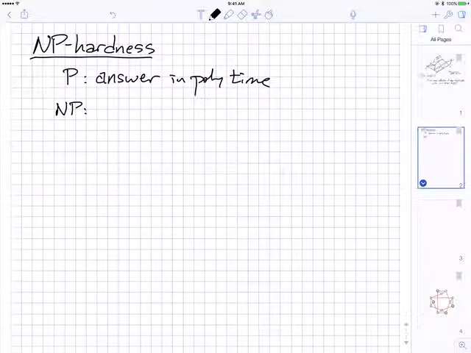P is the set of questions that you can answer in polynomial time from scratch. Here is a graph. Does its minimum spanning tree have weight at most 1,000? Right. NP is, up to some subtleties about yeses versus nos, which are important, but maybe not so important for this class,